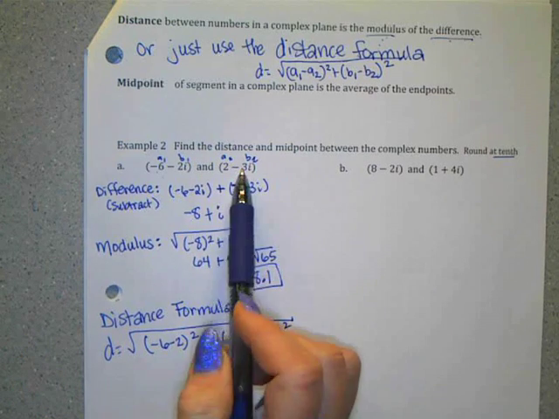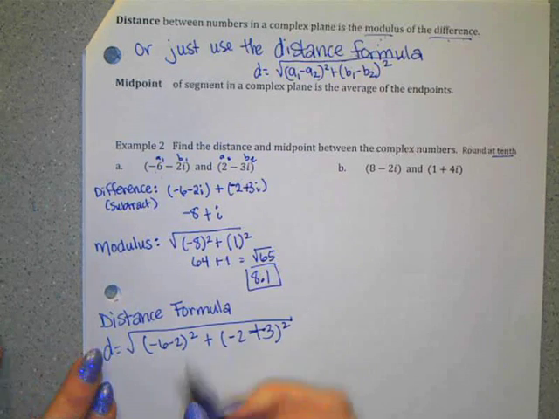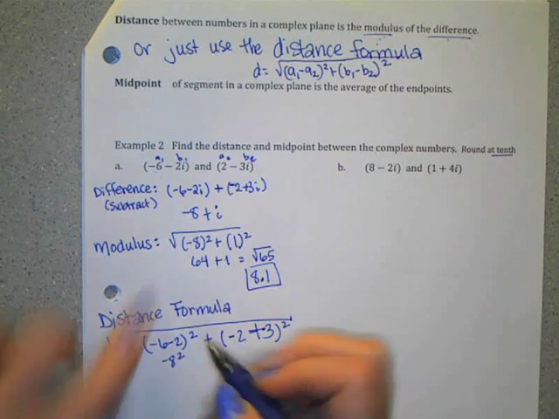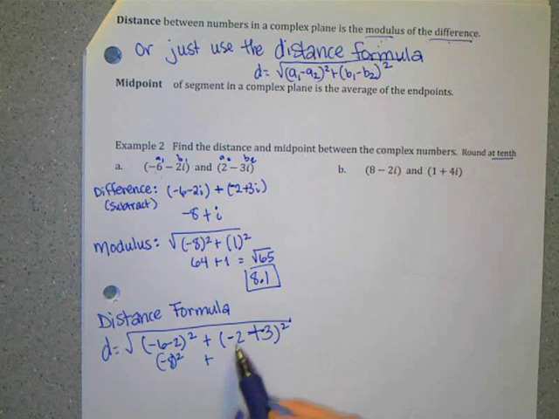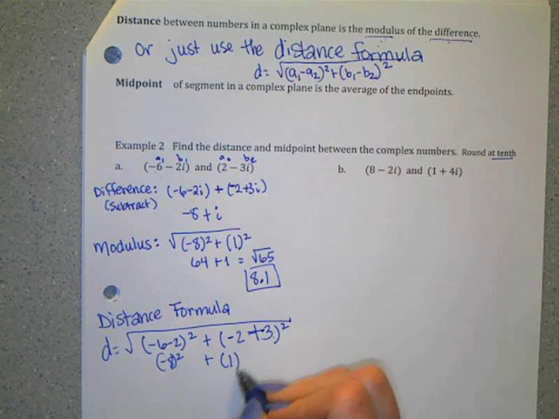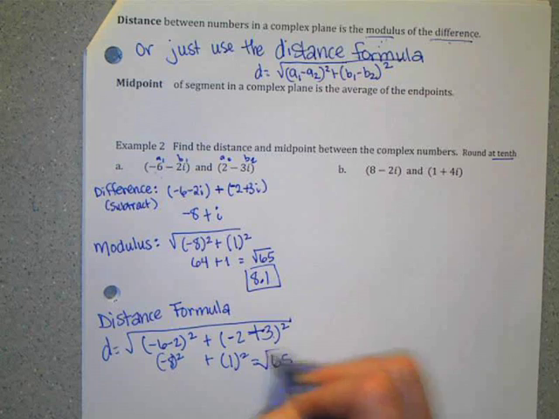So I just look at my two numbers. I don't have to do that keep, change piece. I'm just plugging it into the formula. Well, negative 6 minus 2 would be negative 8 squared. See, it's right there. Plus, we have negative 2 plus 3. Well, that would give me a 1 squared. See, that's right there. And then that's 64 plus 1, which is the square root of 65, which still gives